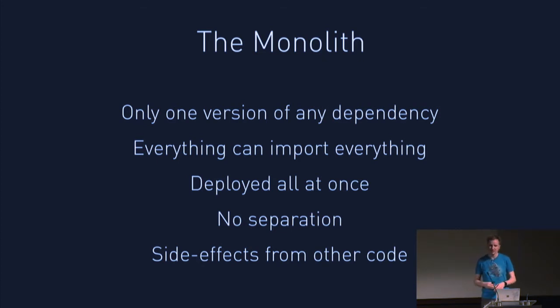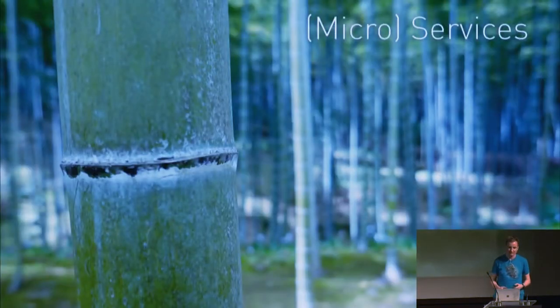There's no separation. It's very easy to get spaghetti code where suddenly the nice clean application you had is strewn across 4 or 5 different files. And also you can get nasty side effects from other code. It might be that one of your great new performance optimizations that you did over in part A actually happens to cause real big issues over in part B. And so the proposed answer to this, at least in theory, is services, or as some people call them, microservices.